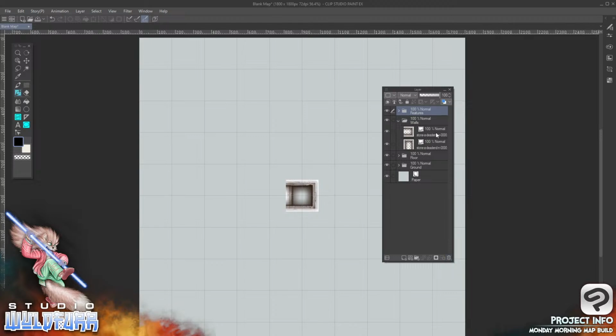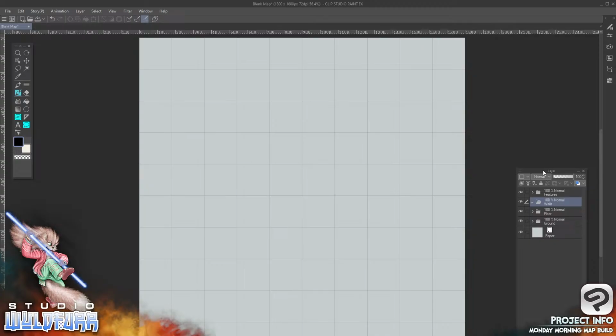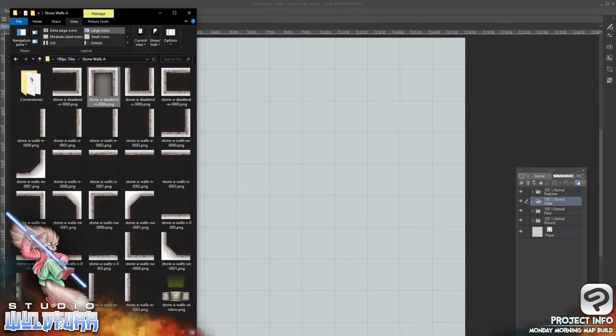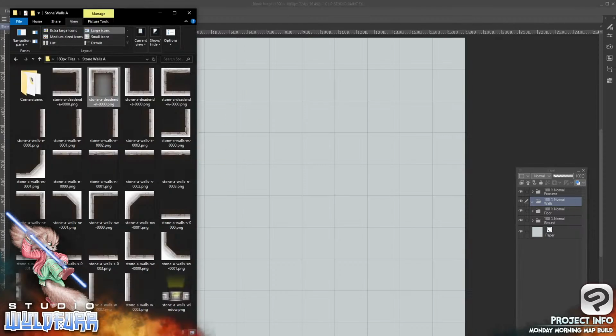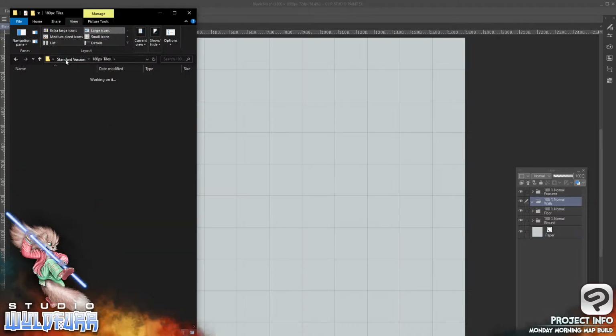So let me get rid of that. Now I'll get rid of these, and we'll start putting in our walls. I'll put this down over here. So we'll actually start making a map. So let's begin. Now I'm making a 10 by 10 map card for my endless dungeon crawl product that I'm eventually going to publish one day after I make heaps and heaps of cards. For these cards, we need to have a wall all the way around it, and there are doors at specific positions. So let me go and grab